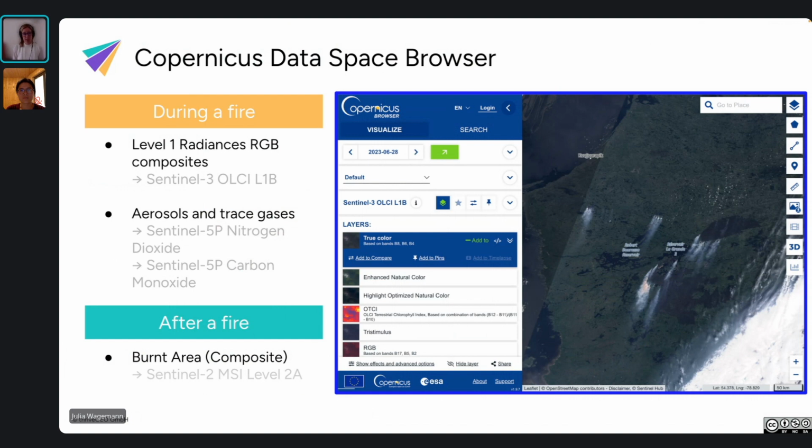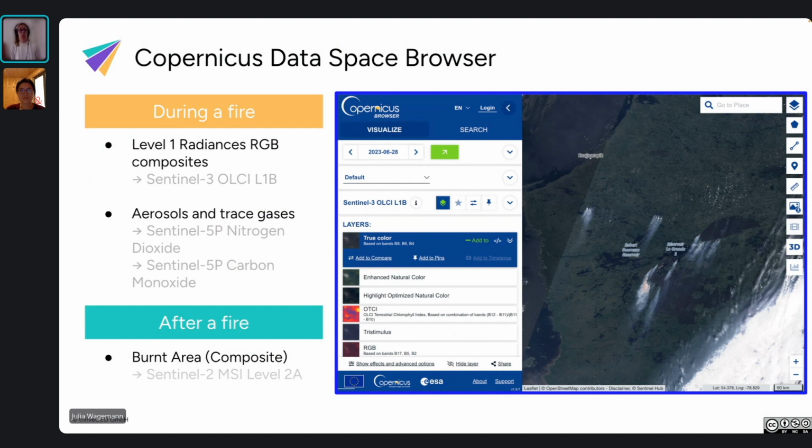So during a fire, to get smoke information or smoke emissions, we can use the satellite called Sentinel-3, because Sentinel-3, the OLCI instrument, helps us to get information on smoke via true color or false color images.